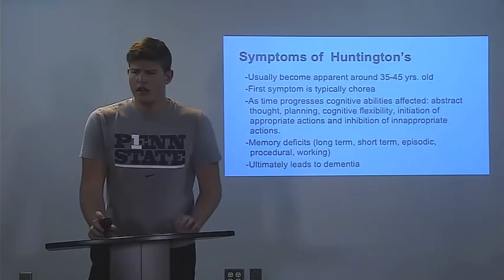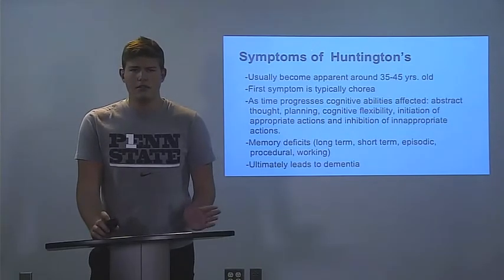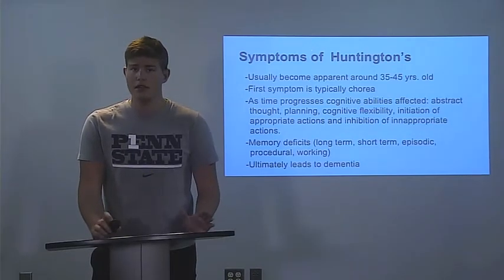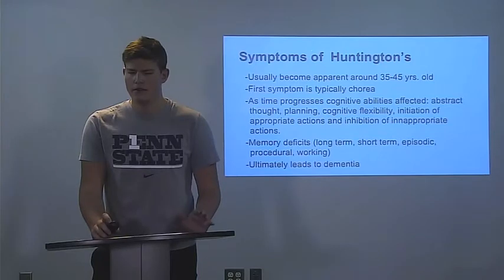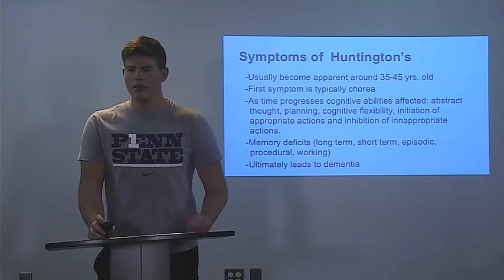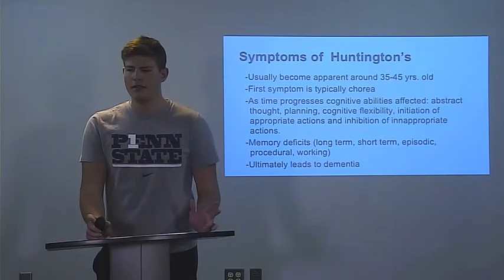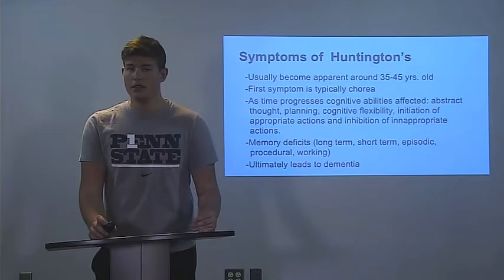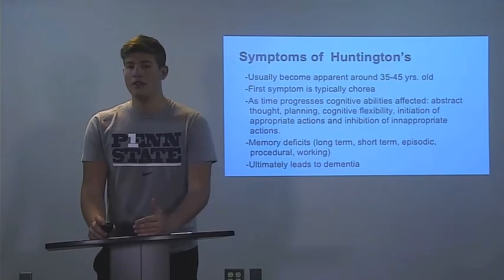Some symptoms of Huntington's: you usually don't see them until you're between 35 and 45, but sometimes you'll see them before that. The first symptom is chorea, which is like an uncontrollable jerky movement. And as time goes on, you'll see cognitive abilities affected. This includes abstract thought, planning, cognitive flexibility, initiation of appropriate responses and actions, and the inhibition of inappropriate actions